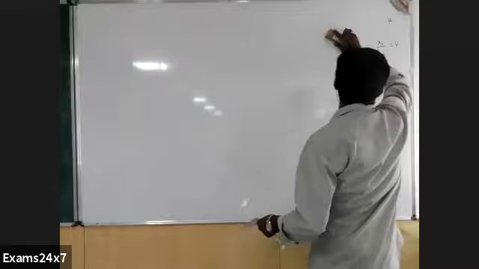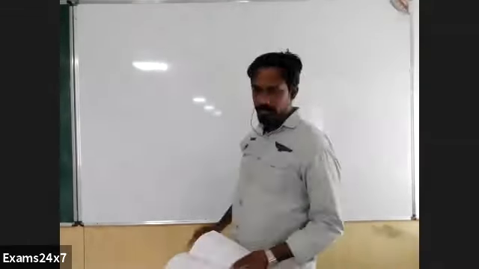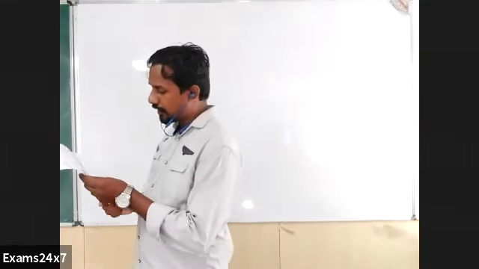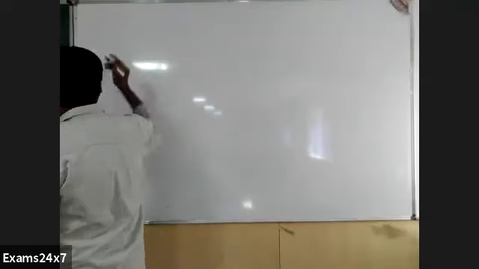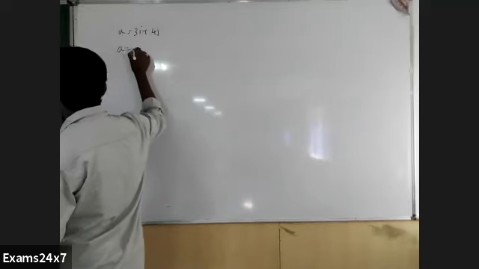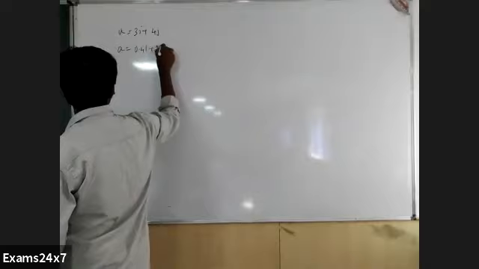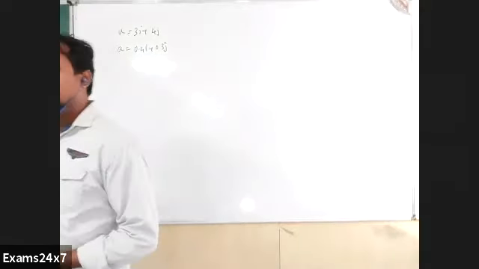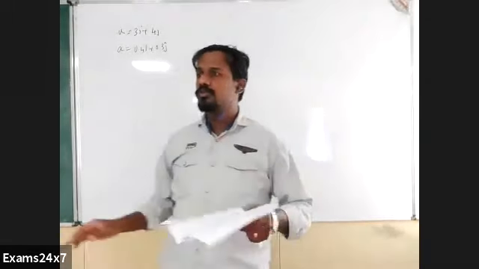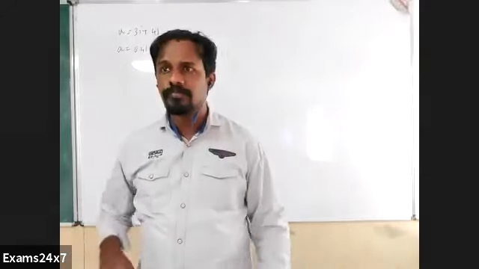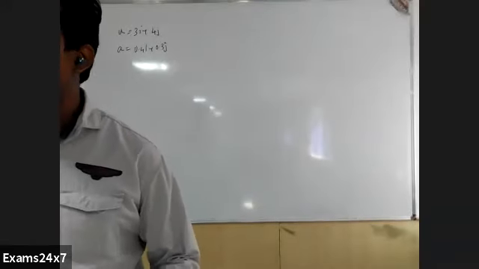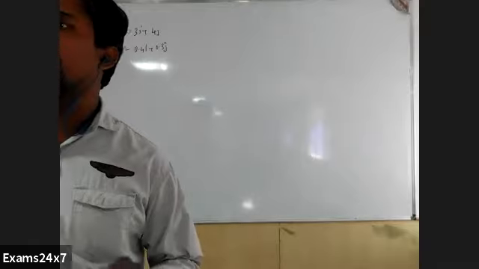See, actually, this problem can be asked in motion in a plane or motion in a straight line. I'll tell you why. A particle has initial velocity 3i plus 4j. What is that? Initial velocity. What is acceleration? 0.4i plus 0.3j. Now, you know that motion in a plane can be considered as motion in two axes separately. When you have studied projectile motion, they would have told you this can be considered as the motion along x and motion along y axis separately.